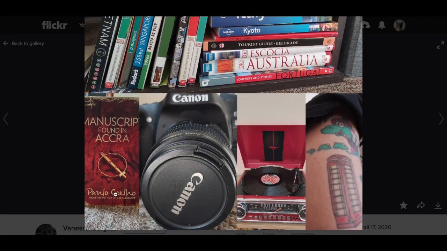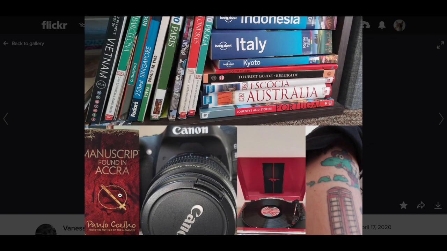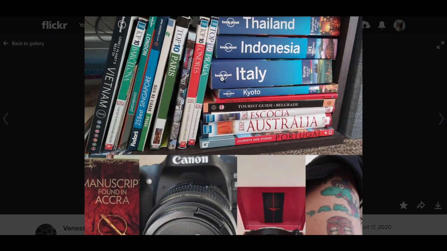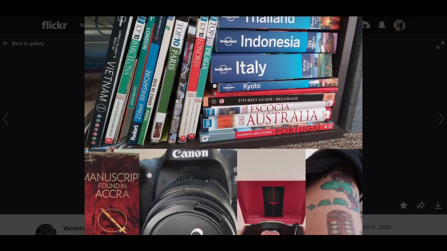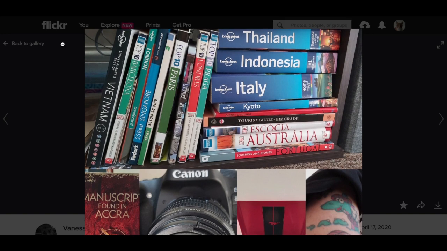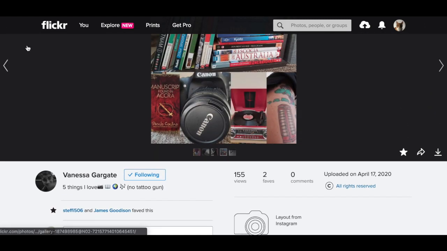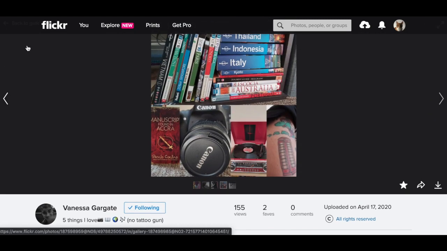So a lot of that, if you've read The Alchemist, it's quite an interesting read. A lot around philosophy, so that's quite interesting. Which links, I guess, into travel, and from your previous shots, your self-portrait stuff had stuff around you travelling, and that's very important. So again, it works really well to give an indication of who you are personally, so I think that's a really nice one. Five things I love.